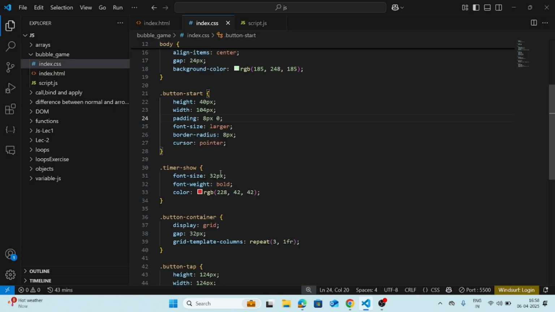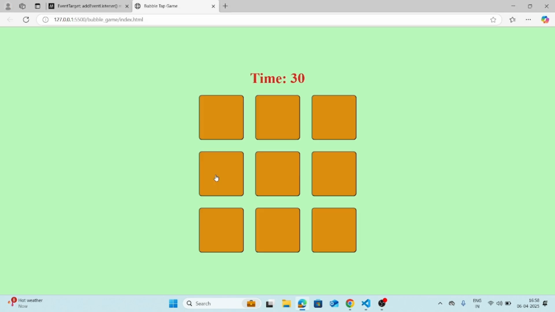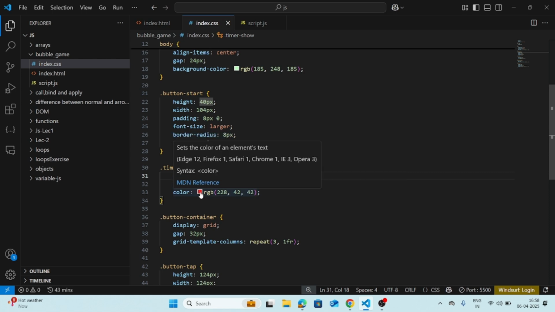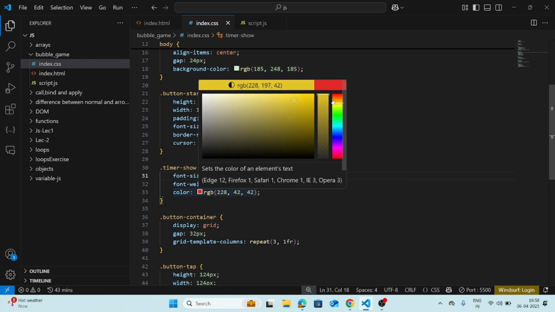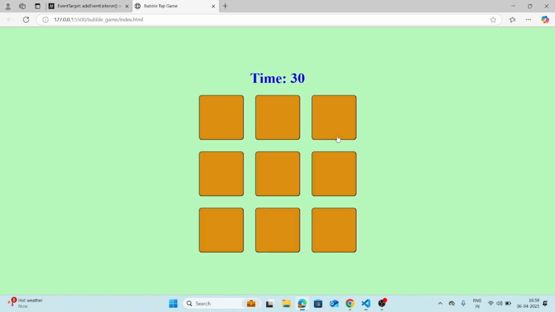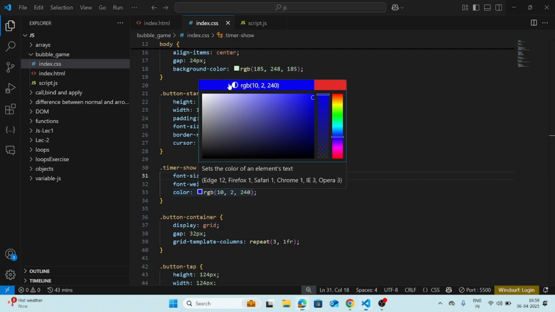Okay, not 32, it will be 40 around. And yeah, good. And bold. Okay, but not red color. It's not looking nice there. No, what if something like this? I am just trying to fit this, nothing else. Yeah, it's looking good. Okay,